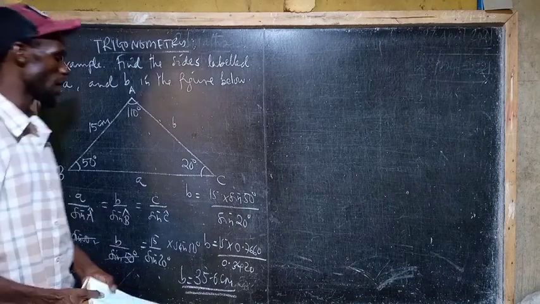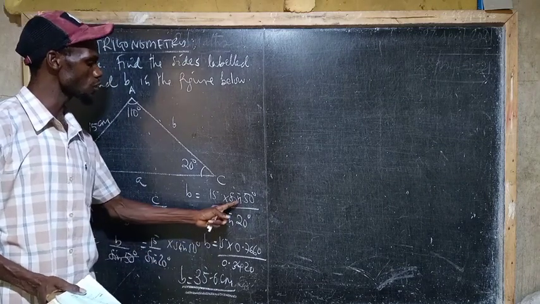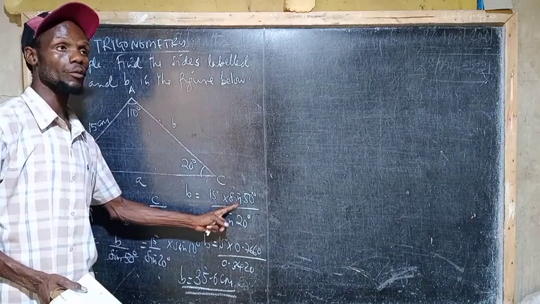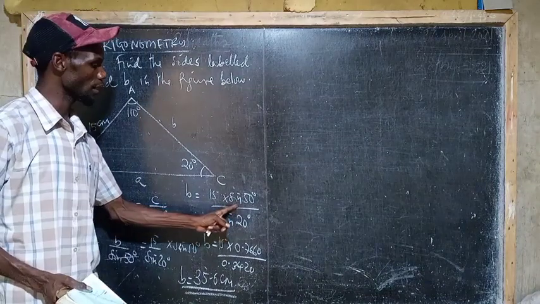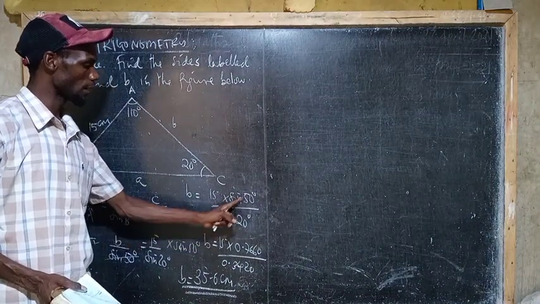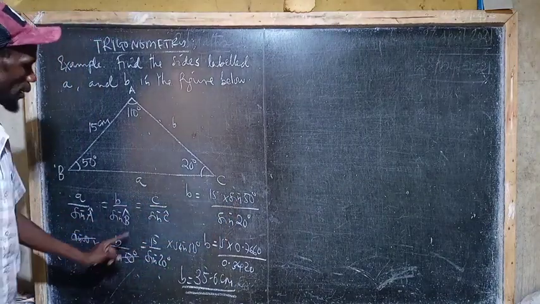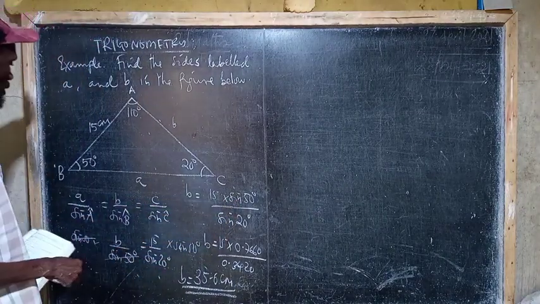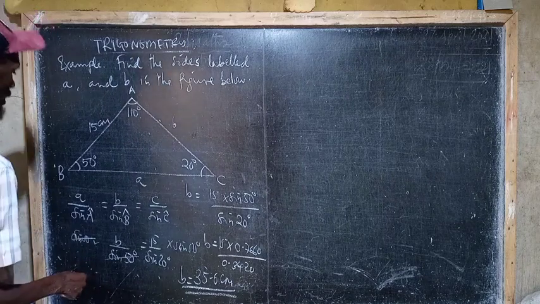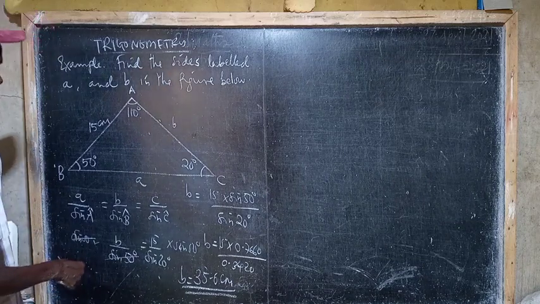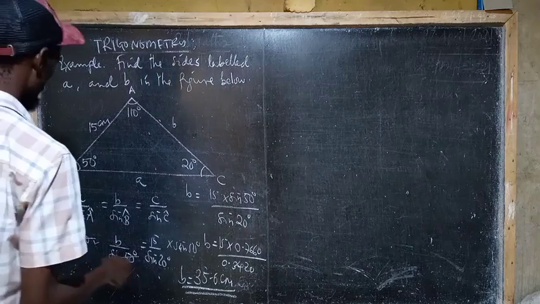Hii sio hoja kwa sababu everyone knows how to look in the tables kwenye four figure. Hii hapa tunaweza tukaipata kwenye four figure, lakini principle tumetumia hii hapa tumeweza kupata. Kwa tumepata B, then tunatafuta A. Tunatafuta A sasa, tunaweza tukatumia